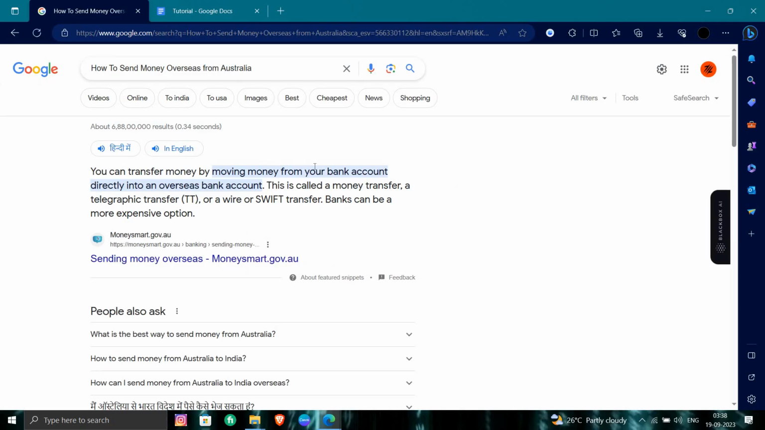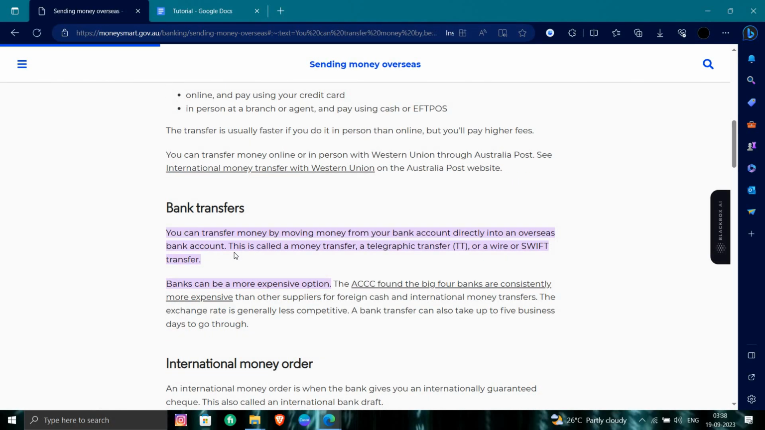So to transfer money to the bank account, to the overseas bank directly, okay. So from here you can just read the